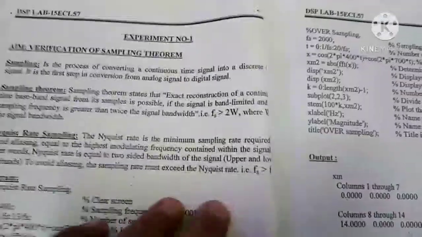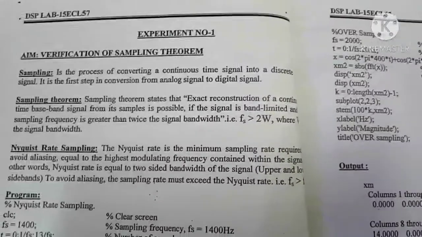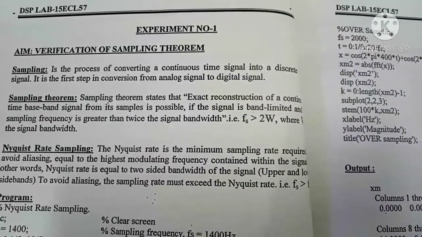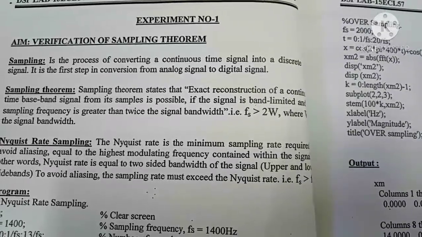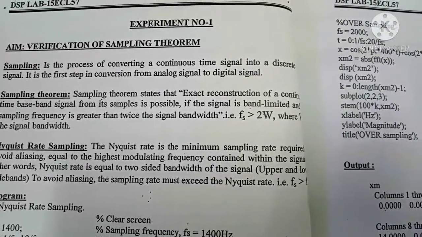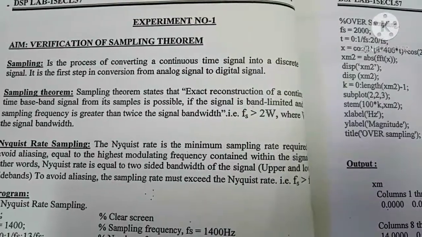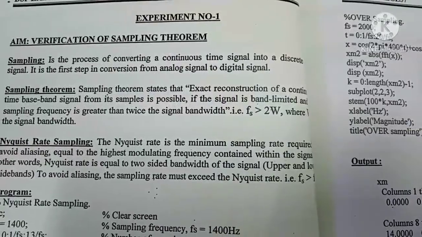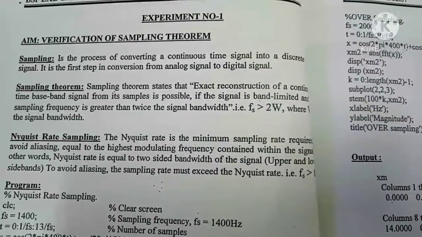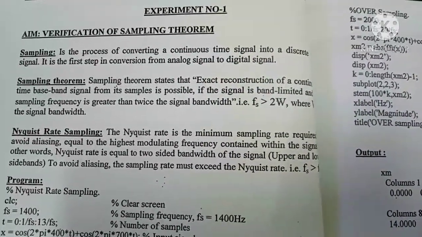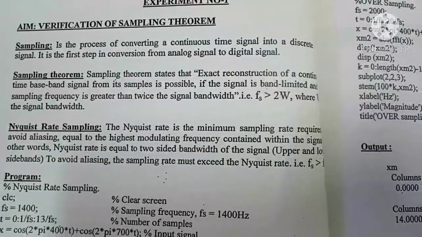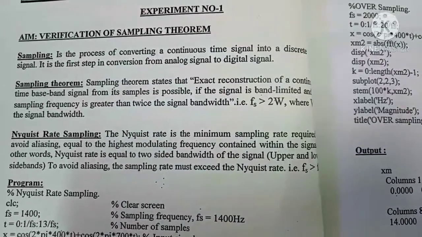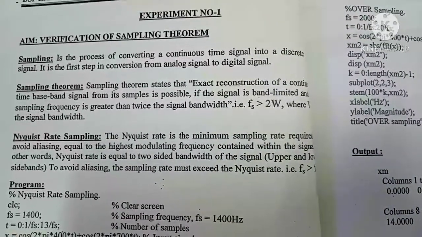In sampling theorem we try to demonstrate that we can sample a signal either in Nyquist sampling, oversampling, or undersampling. So what happens if we go for Nyquist sampling, what happens if we go for oversampling, and what happens if we go for undersampling. As per the rules, we have to sample the signal at least 2 times the maximum input signal frequency. If it is less than that, then what happens, the signal